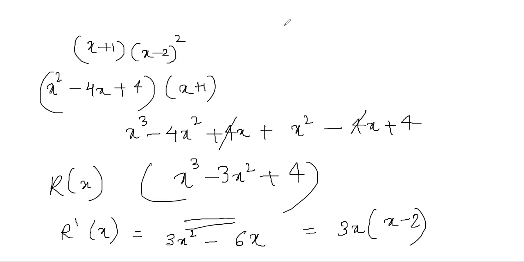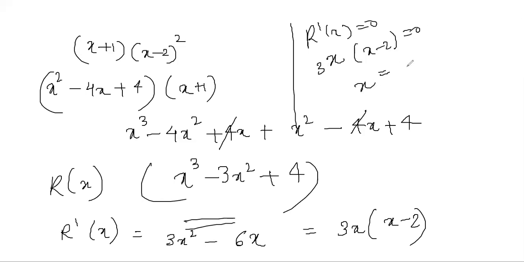Yes, ma'am. So again, they're asking whether the function is increasing or decreasing. So what you have to do is find where the function is not changing. So again, you have to make the derivative equal to 0 and solve. So make your r dash of x equal to 0. What are the values you're going to get? 3x, x minus 2 equals 0. So I'm going to get x is equal to 0 and x is equal to 2. So these two values I'm getting. Correct?